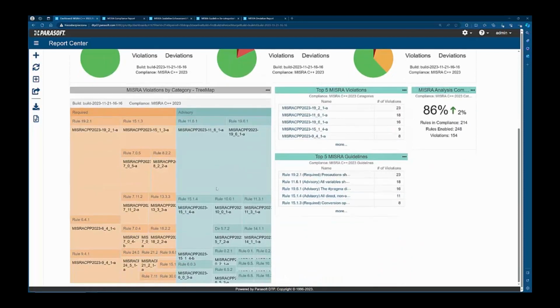Widgets below present violations distribution across MISRA rules. Specifically, the tree map view helps to understand which guidelines cause the most significant trouble and plan the work appropriately to avoid surprises. With Parasoft compliance reporting, I can reduce the risk of not meeting my deadlines.